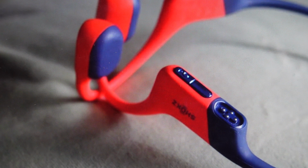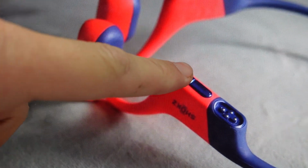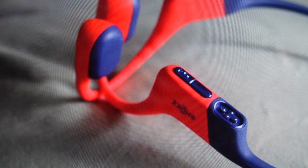We're going to want to turn them off and then go to our phone or whatever and make sure we forget them off of our phone, because we're going to be setting these up as a new set of headphones. And then we're just going to come in and press and hold the power button on here until the LED light starts flashing red and blue, and you'll hear it say pairing in the earphone. Once that happens, then we're going to release that button